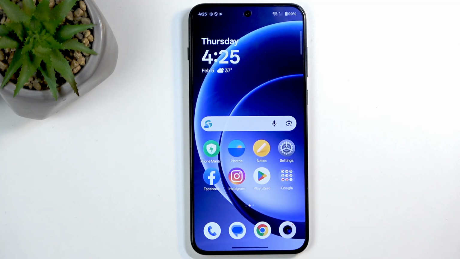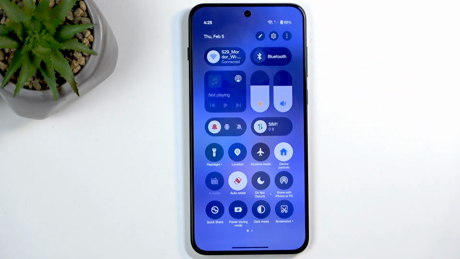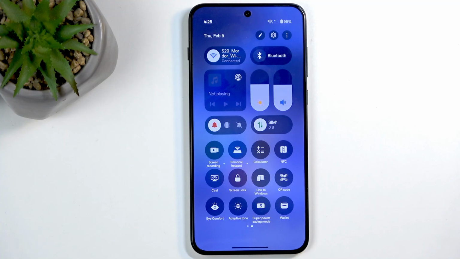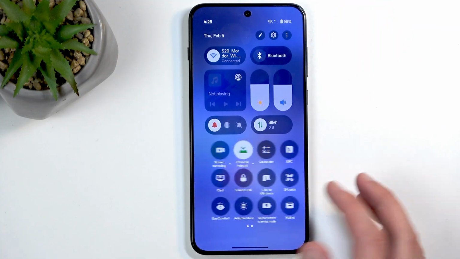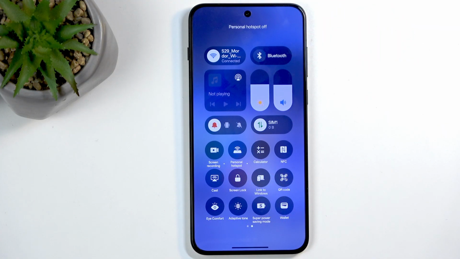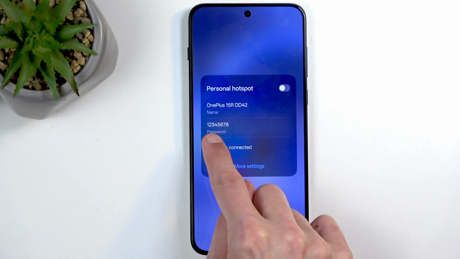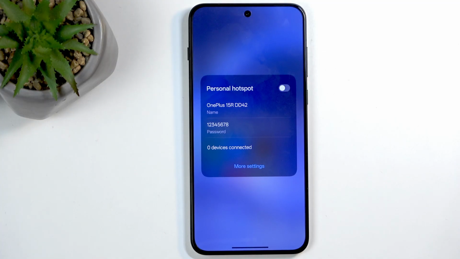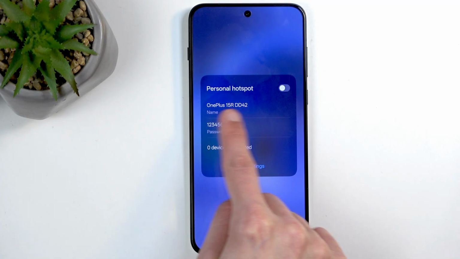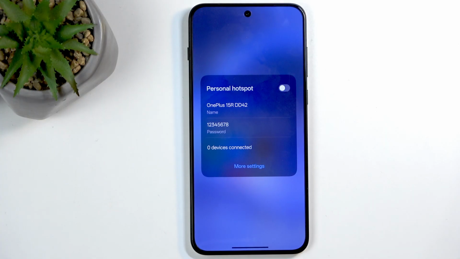Anyway, from here, once everything is set up, you can just find this toggle once more, and instead of holding it, you can just simply tap on it from now on. And additionally, you don't need to wait for that 10-minute timer or disconnect from it and wait for the hotspot to turn off. You can do this yourself. So you just find this toggle once again and simply tap on it for the second time. And if you ever forget your hotspot password, you can hold it and it will tell you it right over here. And at the top here you have the name of the network that you would be looking for,